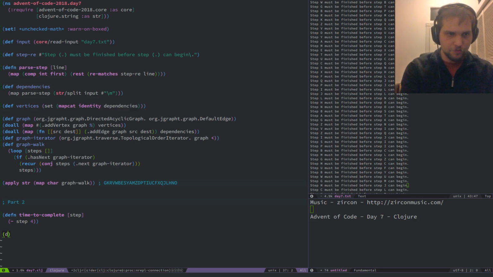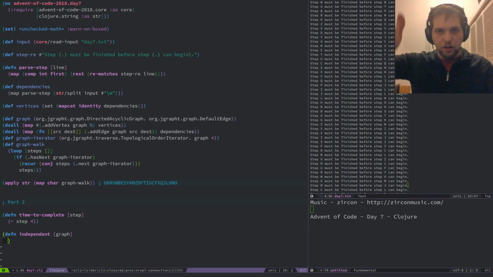So, given a list of dependencies, independent is what I'm going to call it. So, the independent elements of a graph are those that do not appear in the right-hand column, basically.